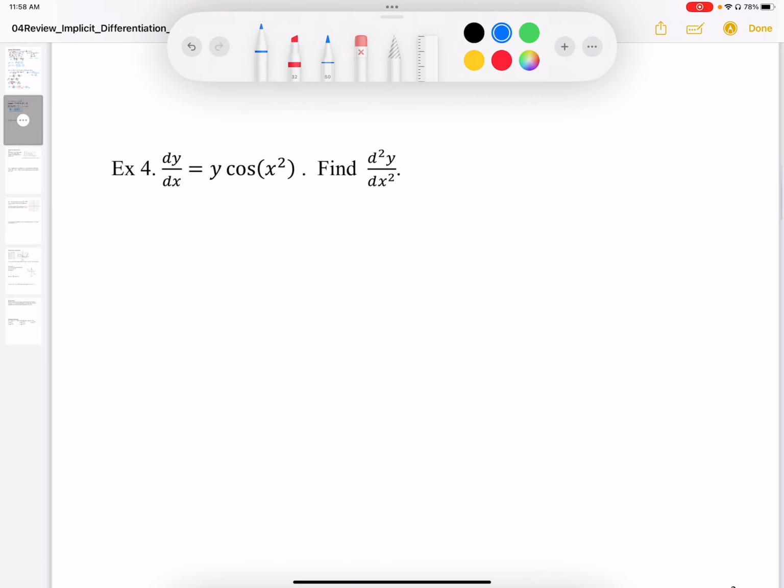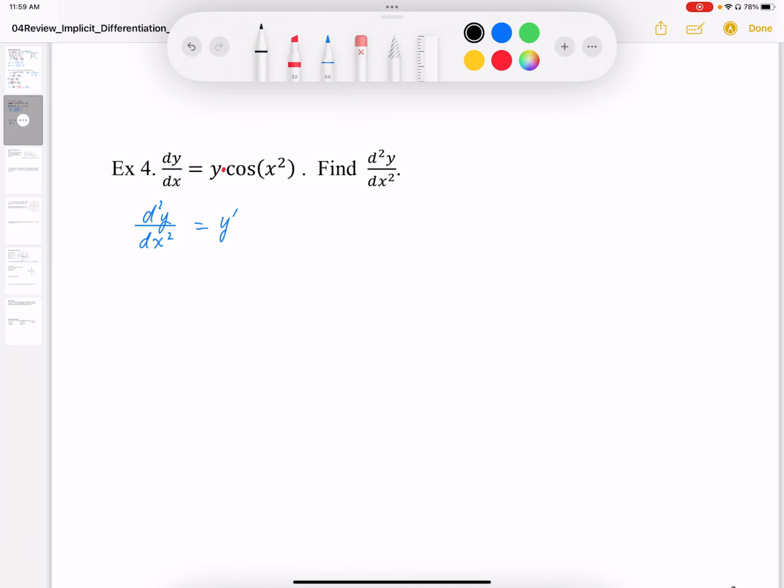In example 4, we are trying to find the second derivative given the first derivative. Now, the second derivative, well, it's just differentiating this expression. So I'm going to find d squared y over dx squared by differentiating this expression. And when I do this, I'm going to differentiate the y. It's a product, so maybe I should just make sure that I have the product rule here. So there's a product, so I'm going to differentiate y, and I'm going to make that y prime